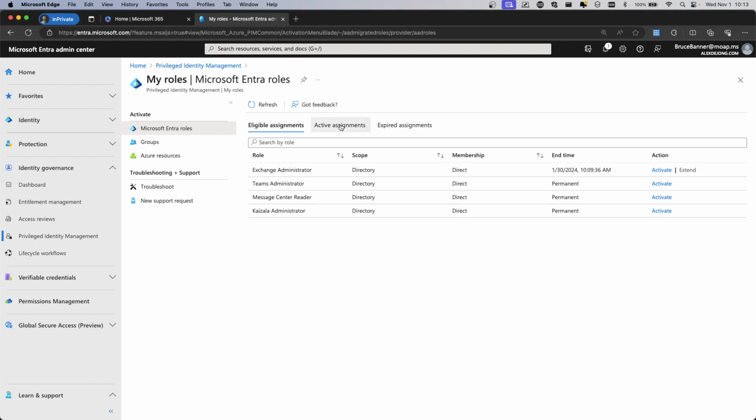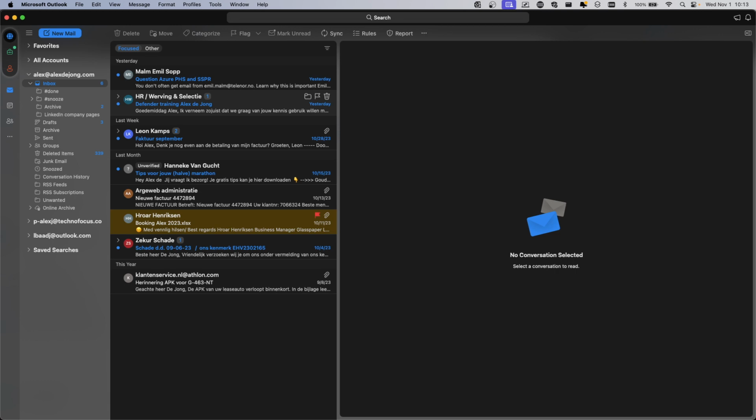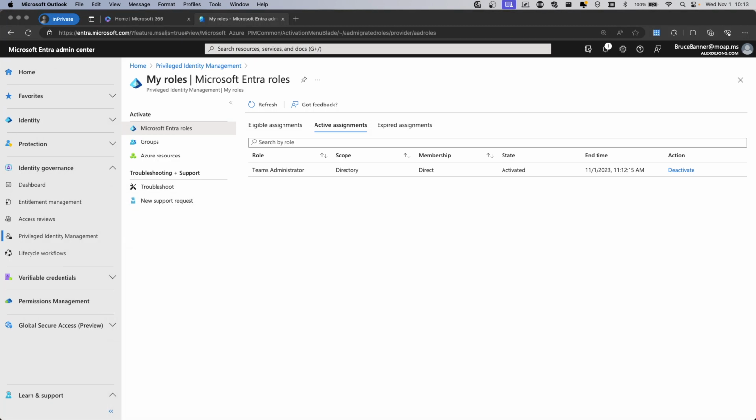So I can keep waiting here, but nothing will happen at this point because nobody activated this yet. That makes sense, I think. Let me just quickly check, because what I should get anytime now is an email saying, hey, Bruce Banner needs approval for activating the